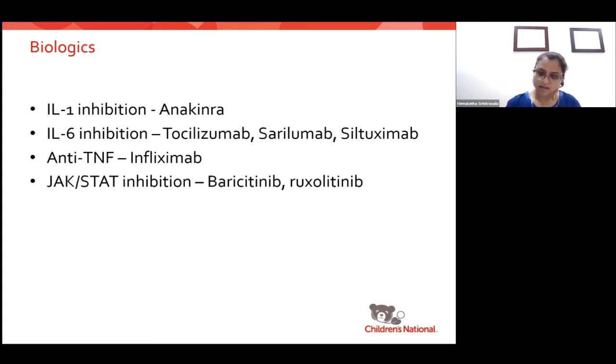TNF-alpha is also elevated in COVID-19 and MIS-C, and infliximab also has a role in treatment of refractory Kawasaki. Along the same lines as tocilizumab, use of infliximab must also be carefully weighed because the duration of action is longer, and we need to make sure that other infectious etiologies have been ruled out. There is a potential role for JAK-STAT inhibition, as there have been more studies looking into how the JAK-STAT pathway is involved with COVID-19.